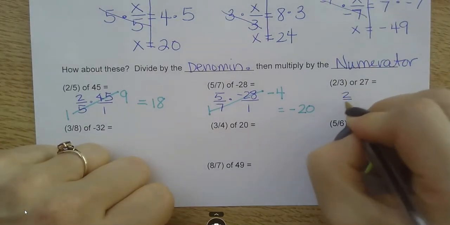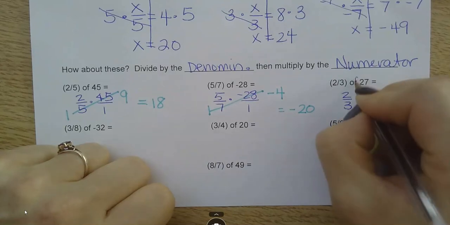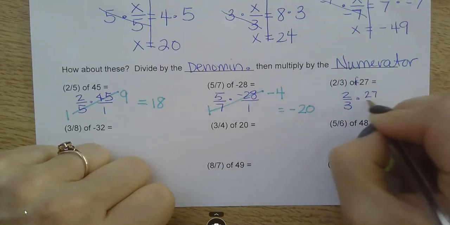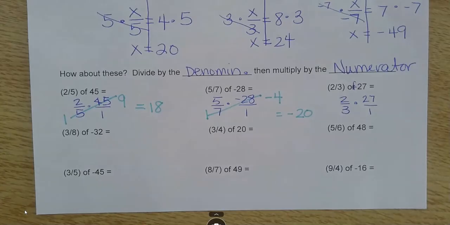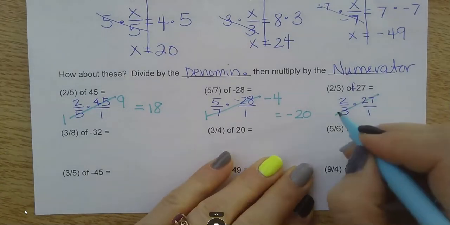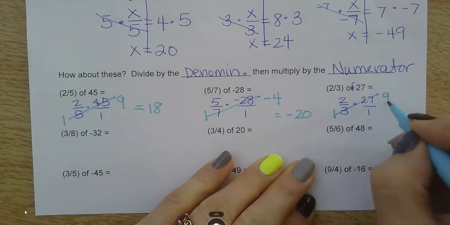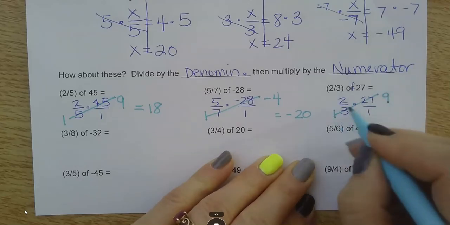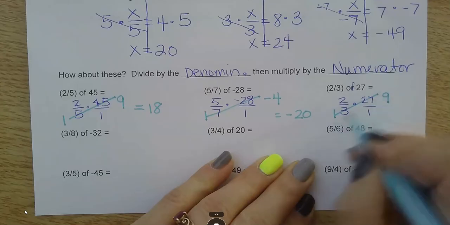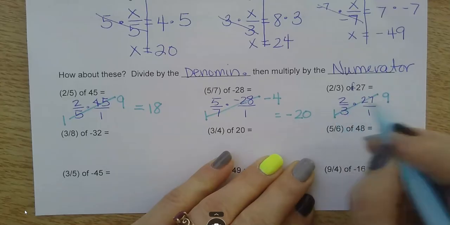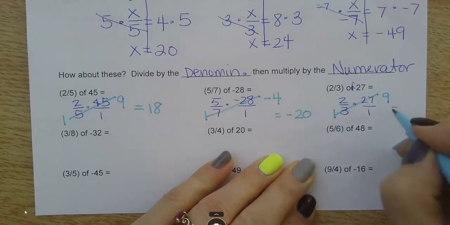Let's keep going. 2/3, this should say of 27 over 1. These are going to reduce. 3 goes into 3 once. 3 goes into 27 9 times. So I'm dividing by this denominator as I reduce it, and then 9 times 2 times the numerator, and I